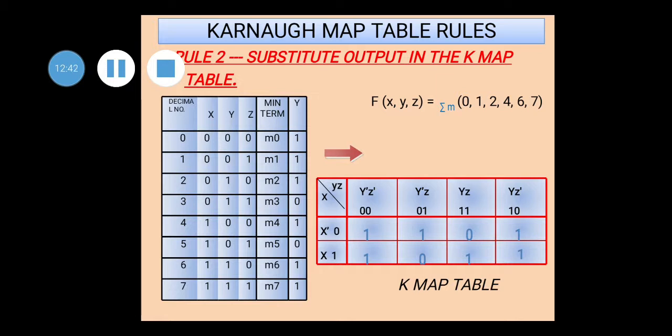So first thing is we have to identify the number of inputs. Depending on that, you have to identify the K-map table. After that you have to draw the K-map table, and in the cell numbers you have to substitute output 1. The cell numbers you should remember, as I have told you, row wise 0, 1, 3, 2, 4, 5, 7, 6, and then after substituting the 1, this is the final K-map table which you get. The cell numbers are not mentioned here, but you have to mention the cell numbers also.